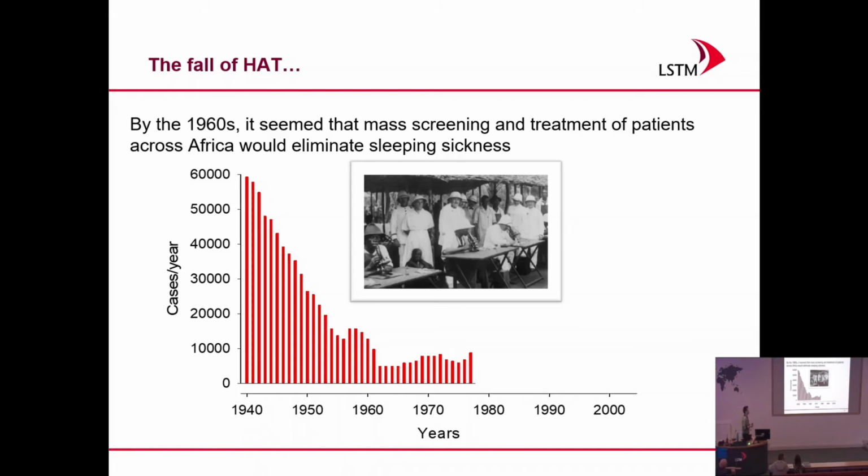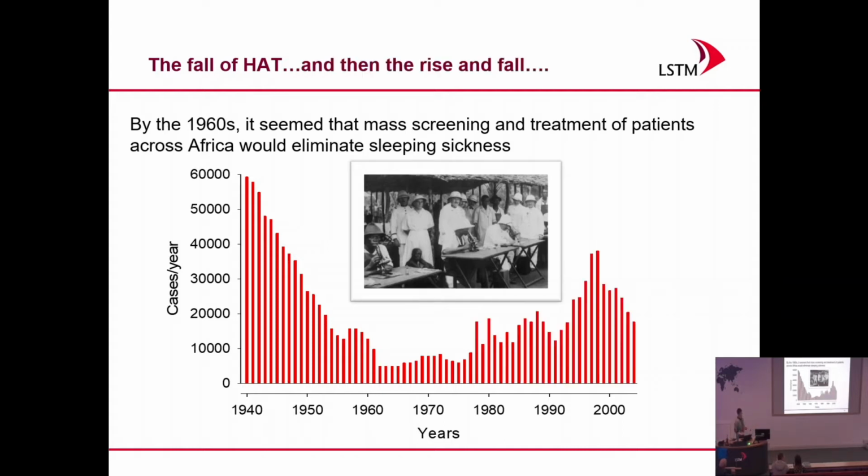So by the 1960s, things were going well for sleeping sickness control. There was a huge effort for screening and treatment of affected people, and there was a steady decline in the number of reported cases across Africa. So by the 1960s and early 1970s, we were down to less than 10,000 cases per year, which is great. But unfortunately,